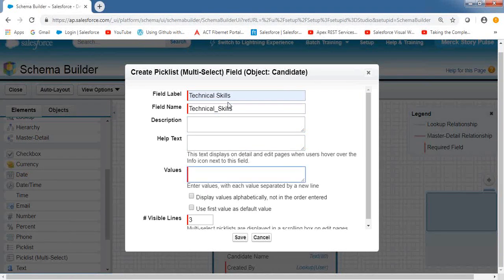I'm adding some set of values, some technical skills: C programming, C++, core Java, advanced Java, J2EE, Oracle, SQL Server, manual testing, QTP, Selenium,